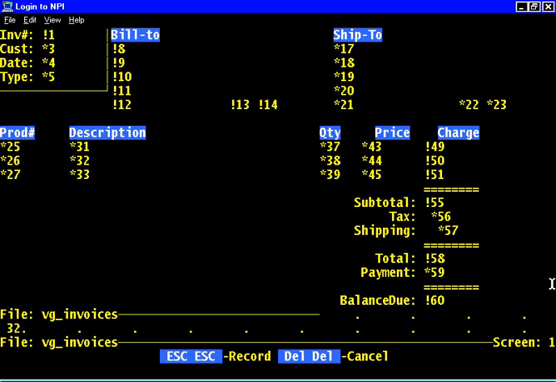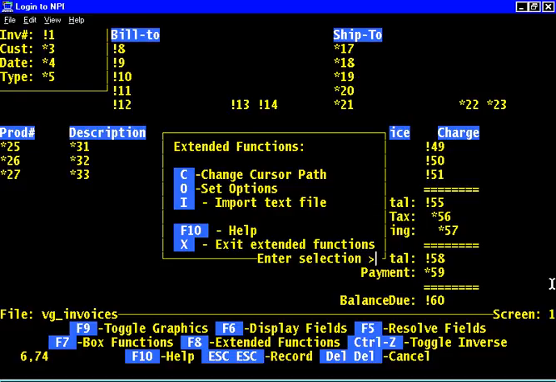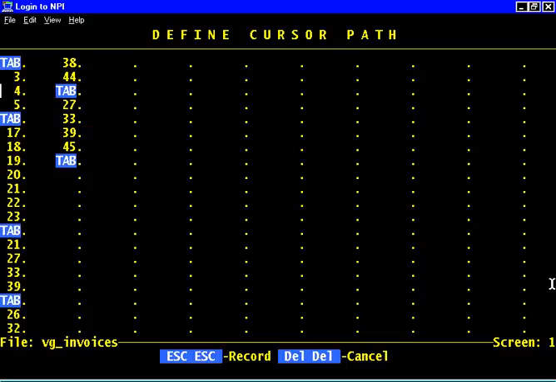The next field I'm going to want to go into on the screen is the tax field. The tax field is 56 and the shipping field is 57. So I'll do that now. 56, 57, and might as well knock the payments out too. 56, 57. Now if I go to the very end of the screen, I'll go to 56, 57, put a tab